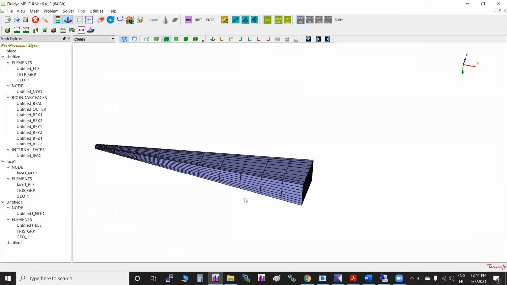For that, it is either axisymmetric or cyclic symmetry, cyclic or periodic. In the morning, I showed one slide actually. Check it. If our flow is only in the axial direction, you can make a mesh only for the quarter of the pipe and set symmetric conditions for the two boundaries. Or if the flow is swirling, then you can set a periodic condition on both sides.